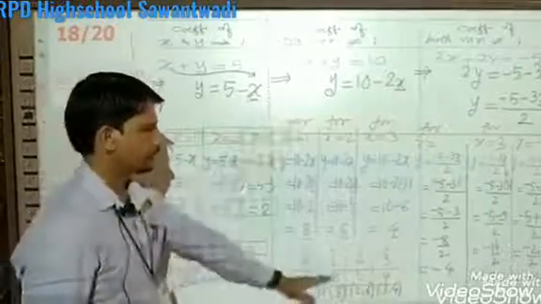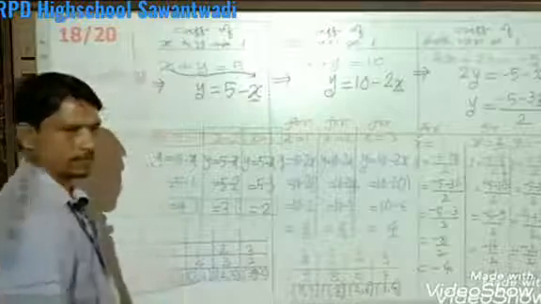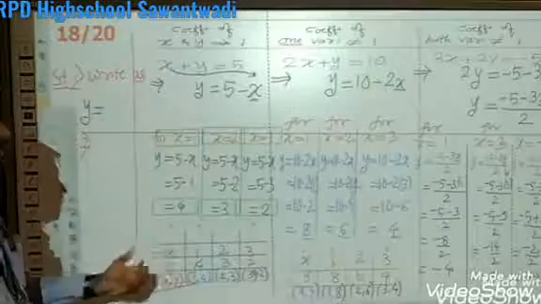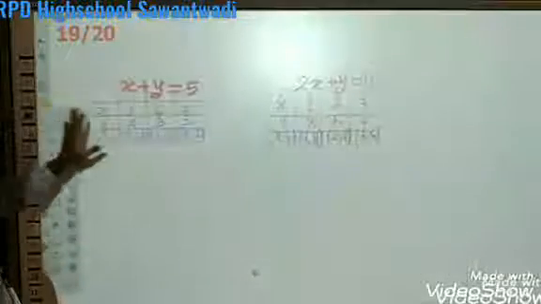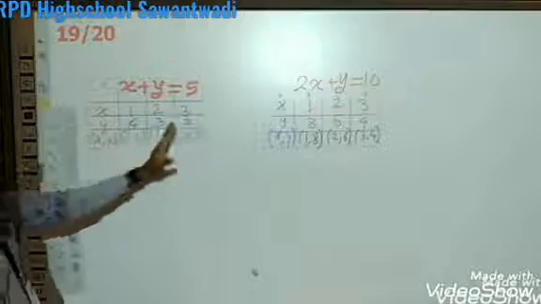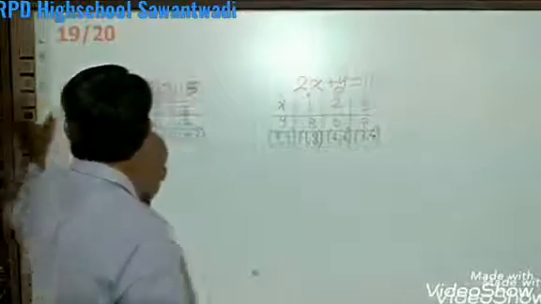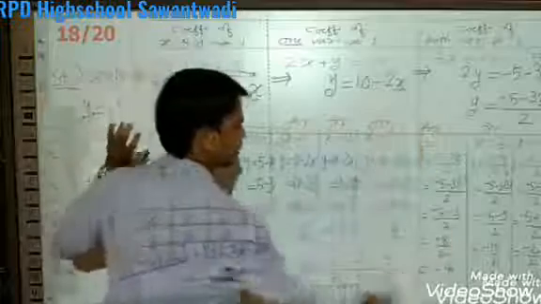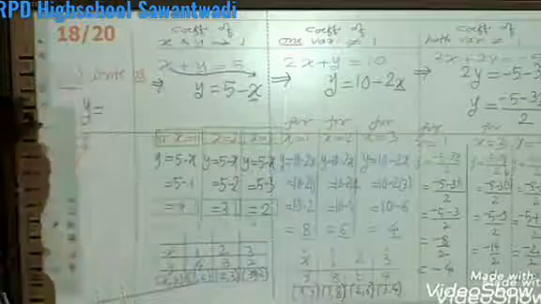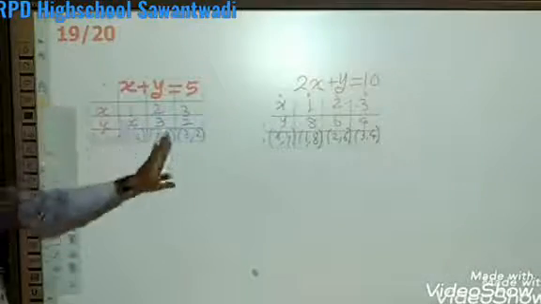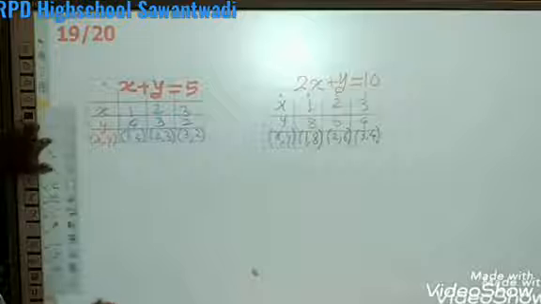For that equation also you will have to prepare that table which we studied in 9th standard. I will not take much time on that. So you will get this type of table. For x plus y is equal to 5, you will get this table, and for 2x plus y is equal to 10, you will get this table, and for this third equation you will get another table that you will have to prepare on your own. Let us see now for this table how to plot the graph.